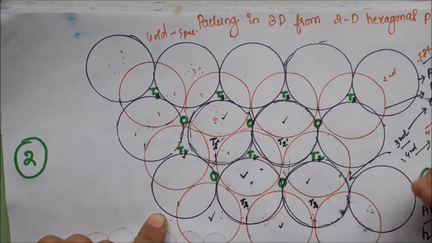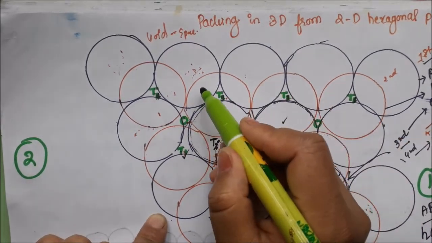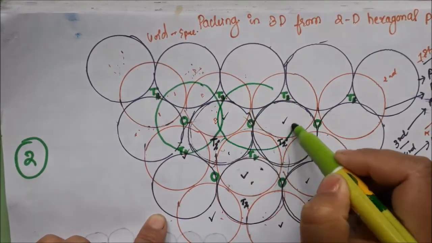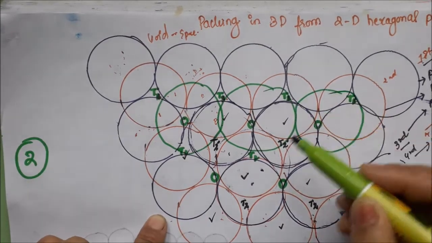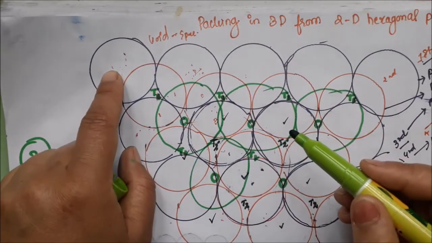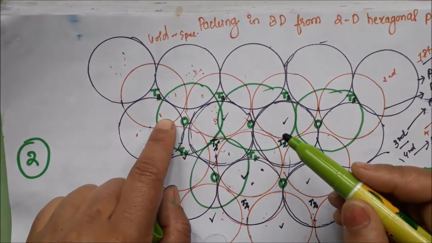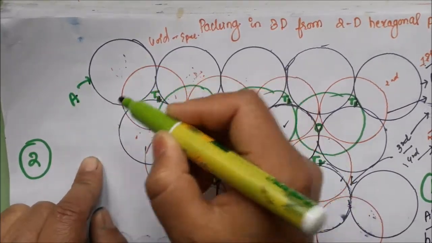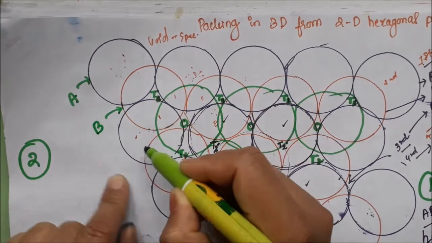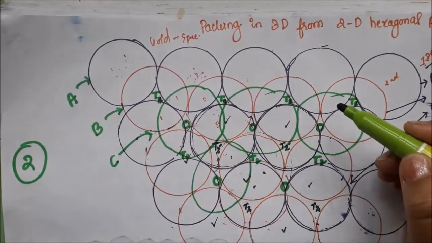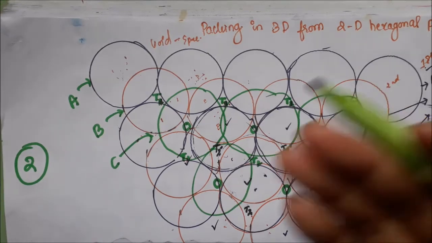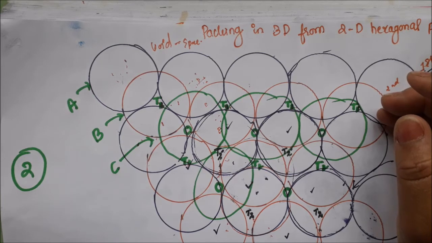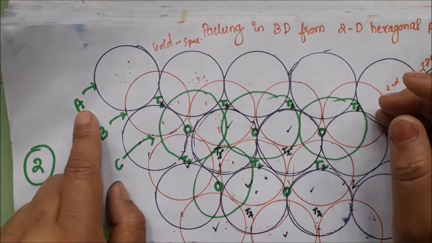Now another way of placing your third layer is by covering all the octahedral voids of the second layer. Suppose I place the third layer here, 1, then again here, 2, then again I'm covering this octahedral void. Now, is the alignment of the first layer and third layer the same? No, with B, no. So it is different. Suppose let this be denoted by A, this by B, and this by C. But now when you place the fourth layer covering again the octahedral void, the fourth layer will have the same alignment as A.